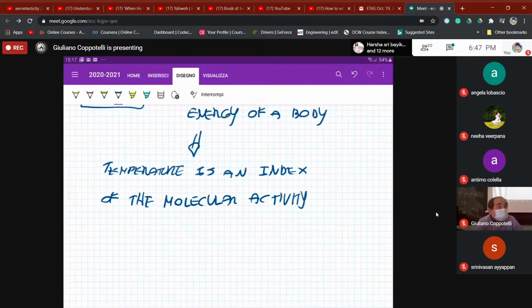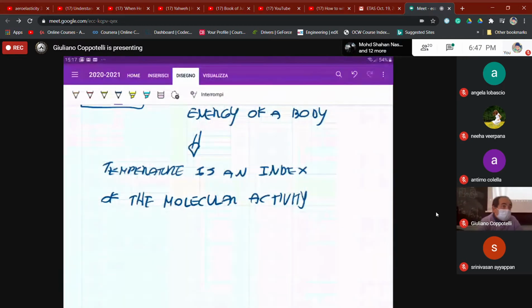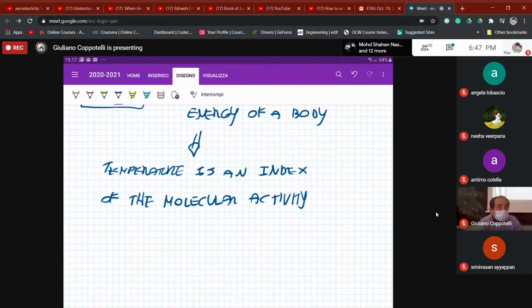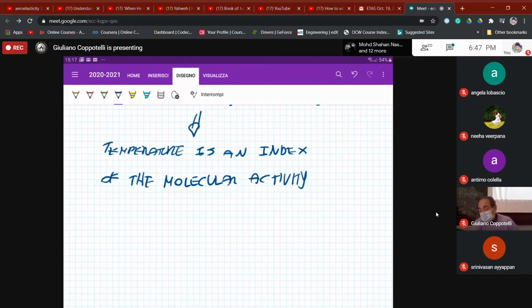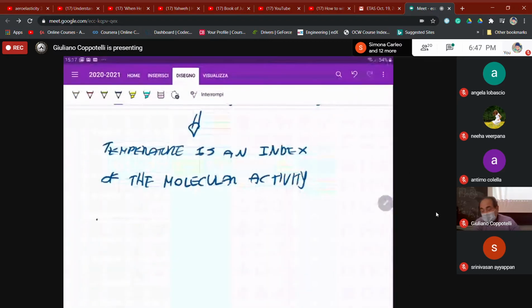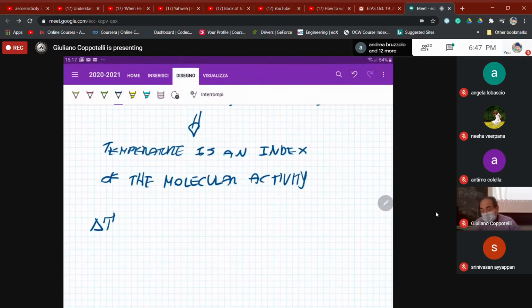So we measure the temperature because we are measuring the change of the physical properties because of the change of the operating temperature with respect to reference one. Okay. So when having said that, we can say that the change of temperature is generally associated